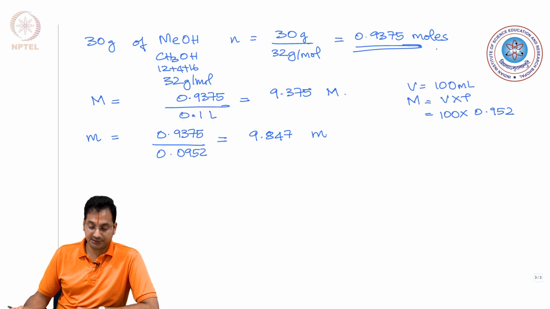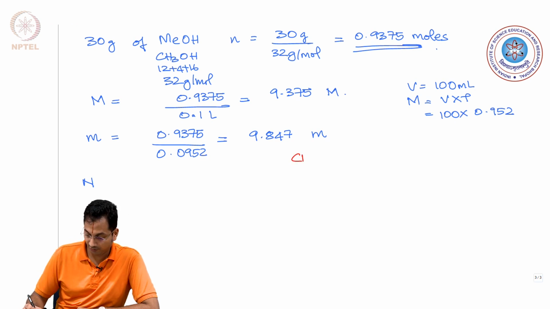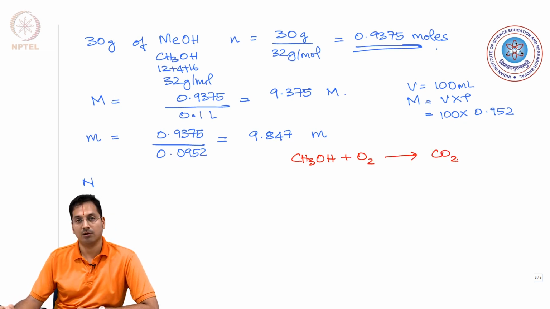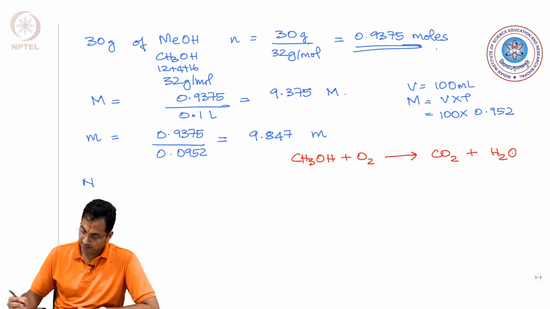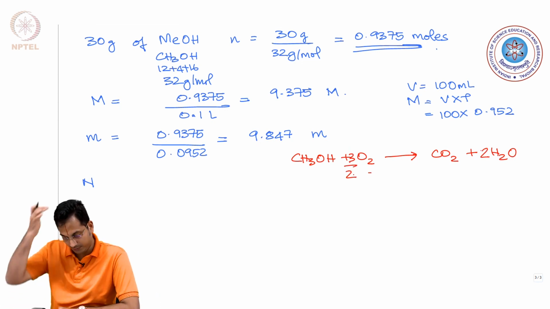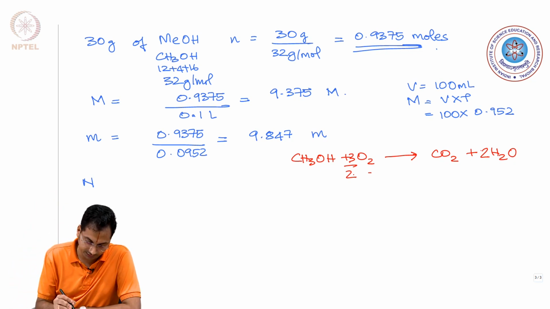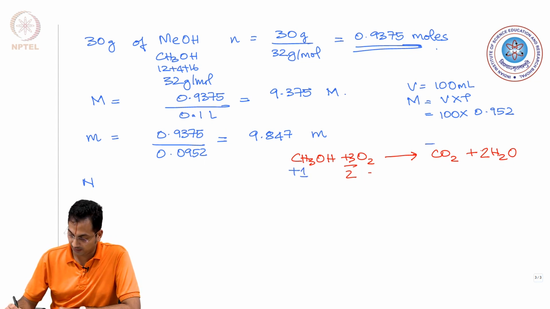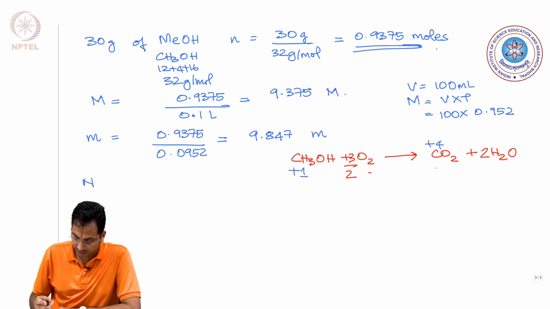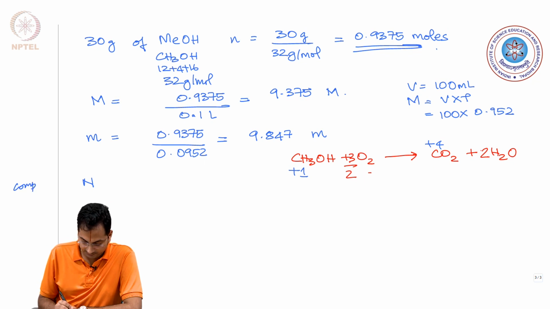Now, to understand which reaction we are going to determine normality for, let us take for an example that we are doing combustion of methanol. In combustion of methanol, methanol reacts with oxygen. Let us assume complete combustion. We can also do the normality for incomplete combustion a moment later. Complete combustion will give you carbon dioxide. The important thing to understand here is that the oxidation number of carbon in this case is minus 1. On the other hand, it goes to plus 4. Therefore, 3 electrons are involved for complete combustion. So, the normality is going to be given by molarity times 3,